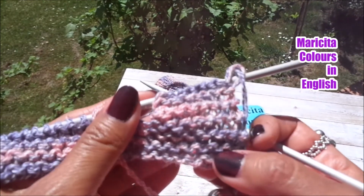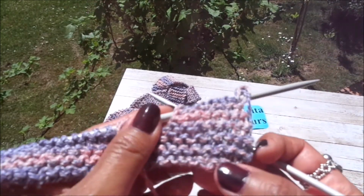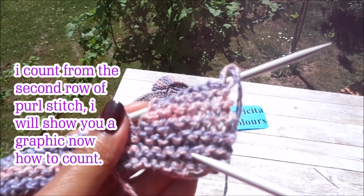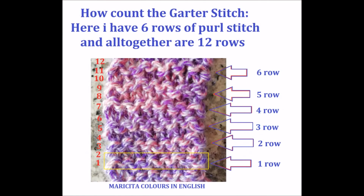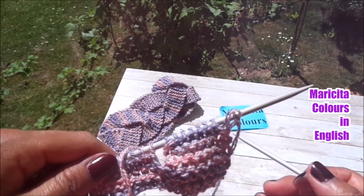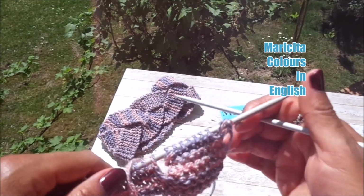In my headband, I made 80 rows of this purl stitch. Look how I count. I count from the 2, 1, 2, 3, 4, and 6 rows. In my turban, I have 80 rows that are 160 rows. When I finish these